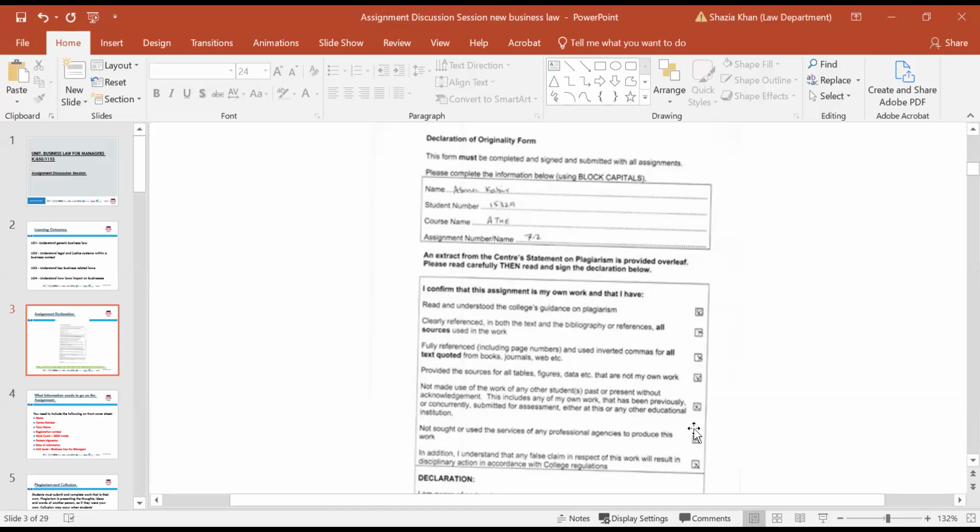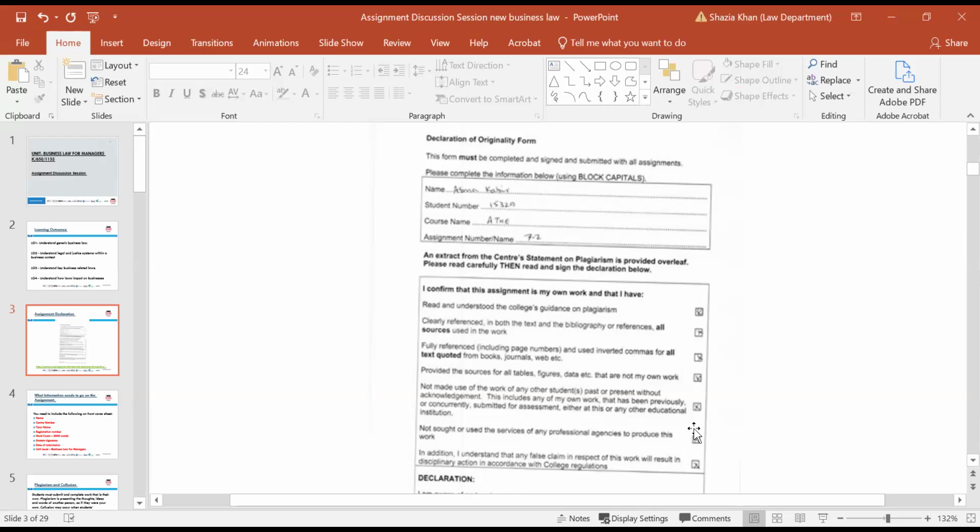You've fully cited and quoted all the books and references and referenced them properly. You've provided sources, tables, and where they are not your own work, you have to declare that. You've not made use of the work of any other students, so you've not colluded with any other students' work. The use of AI, and this includes your own work. So you've not sought or used any professional services, so you've not bought work online to produce this work, and